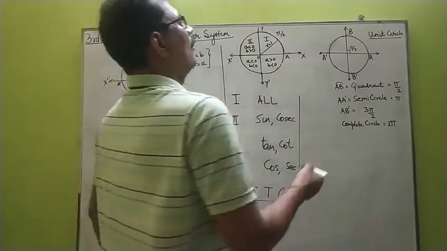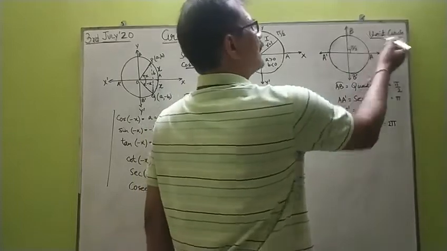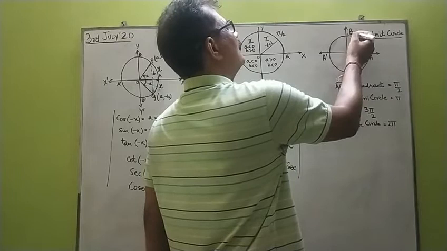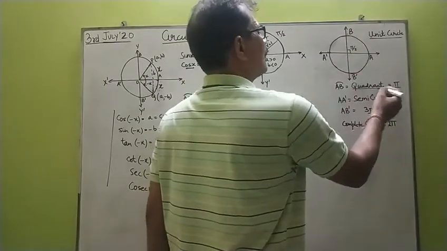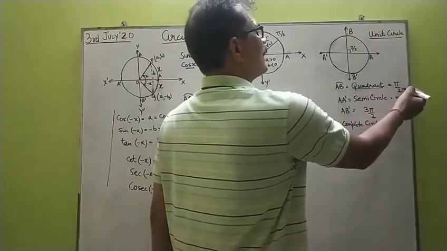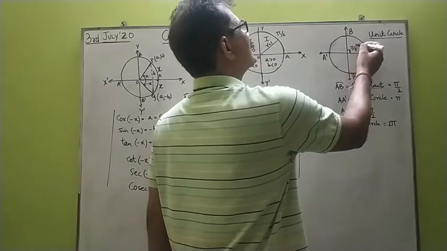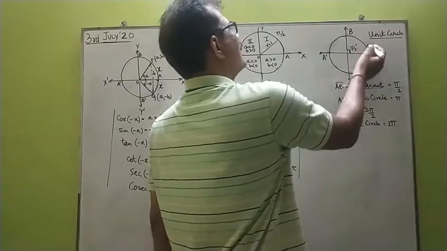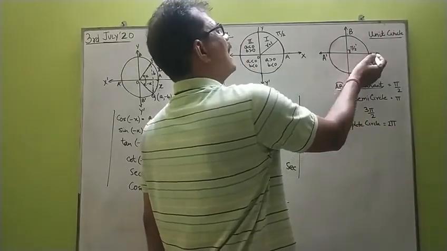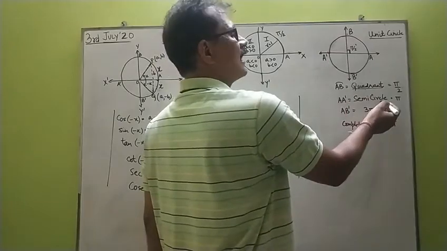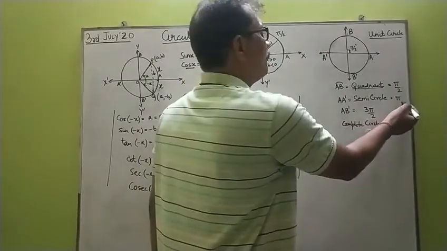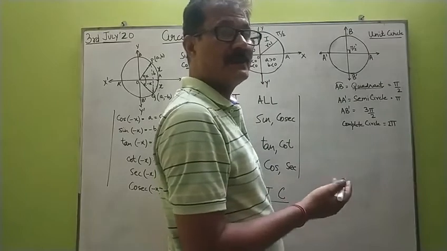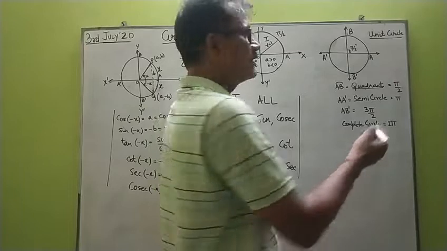Now, children, also look at this circle, which is again a unit circle of radius 1. When the point moves from A to B, it covers an arc equal to the arc of a quadrant, and the arc of a quadrant is pi by 2. So it becomes pi by 2 radians here. Similarly, when it covers from A to A dash, the arc AA dash is a semicircular arc, and the semicircular arc length is pi. The circumference of a semicircle is pi r and r is 1, so it becomes pi.